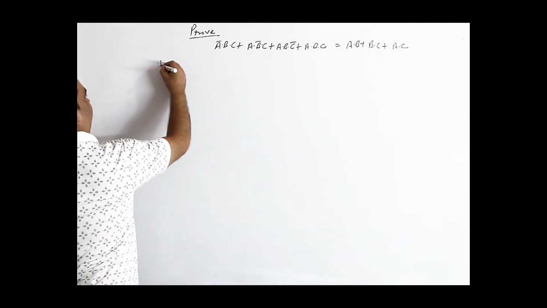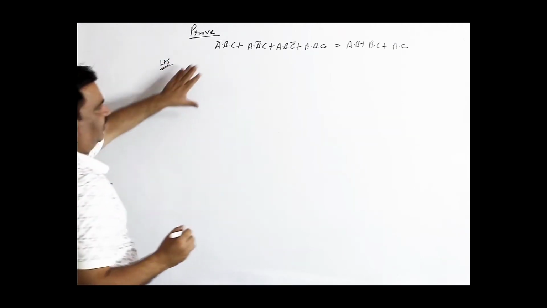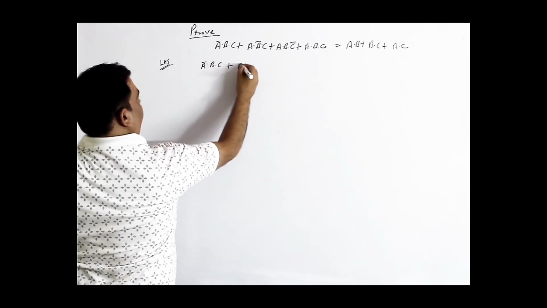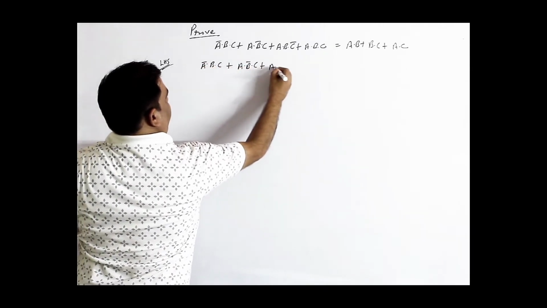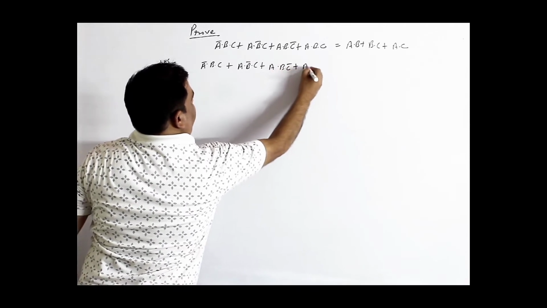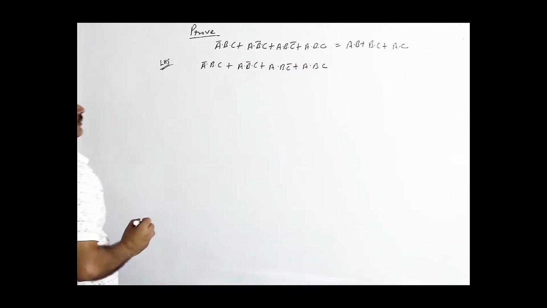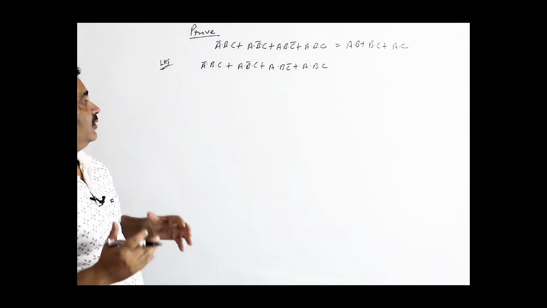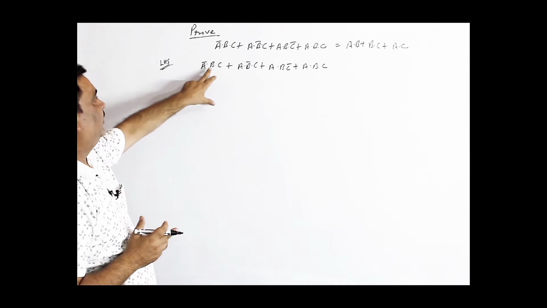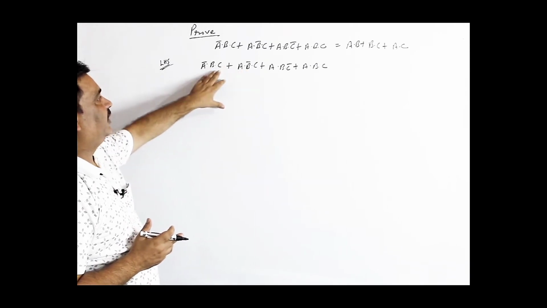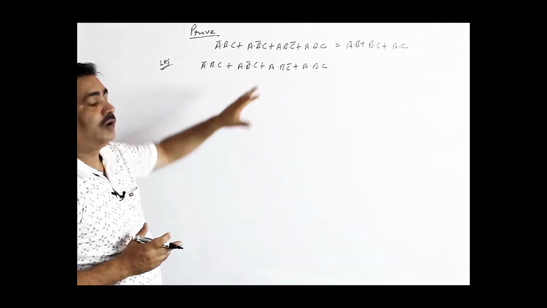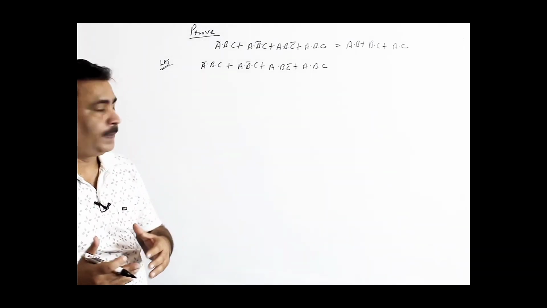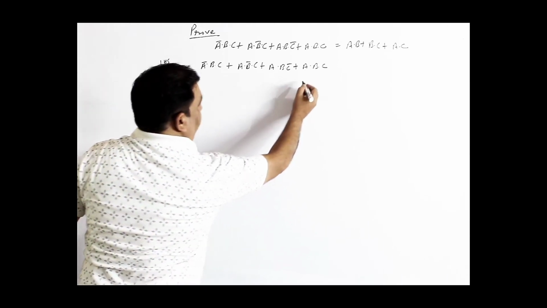Now we are taking the LHS, left hand side, this expression: A'BC + A·B'·C + ABC' + ABC. What I am going to do is, first of all, try to find out the common. Common you can find from here, that is C, but if you take C common, A'·B + A·B' cannot be solved. So better you try to take maximum terms if common is possible.